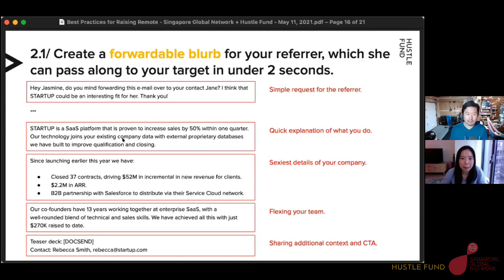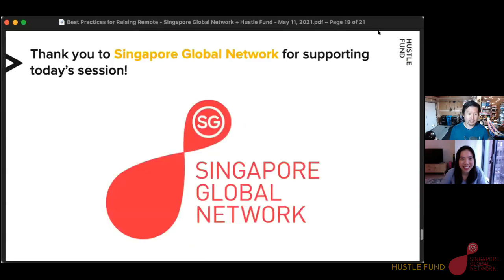And maybe Cheng-Wei, what we can do is just share again a little bit about Singapore Global Network. We've been working very closely with Cheng-Wei and team at the Economic Development Board of Singapore, now with Singapore Global Network. It is a very, very special team that is hustling super hard on behalf of founders.